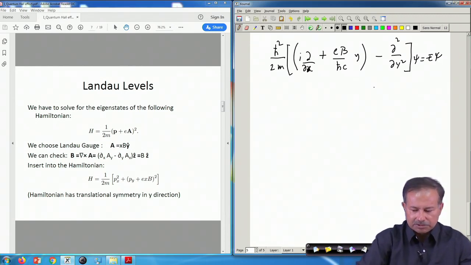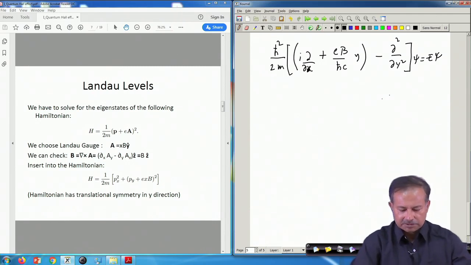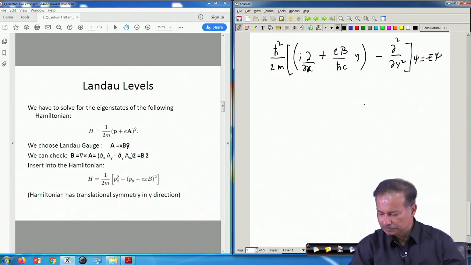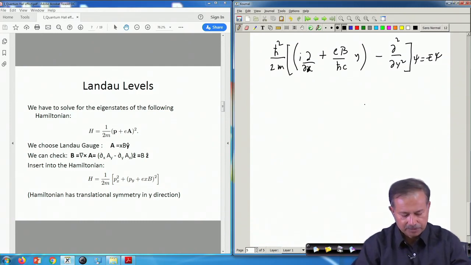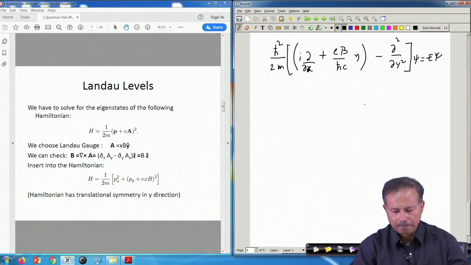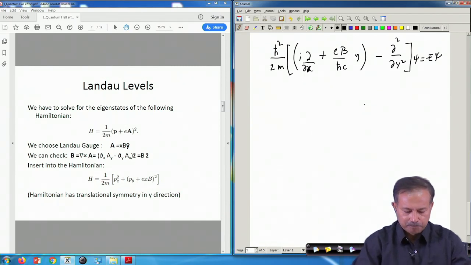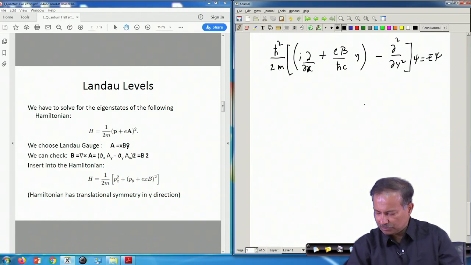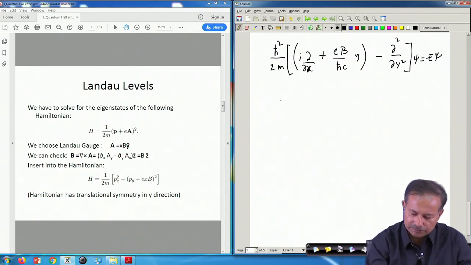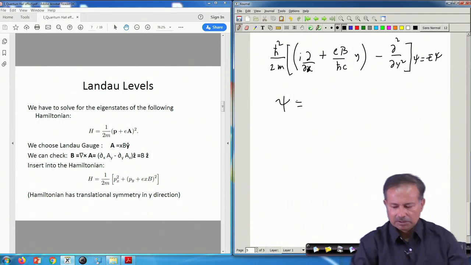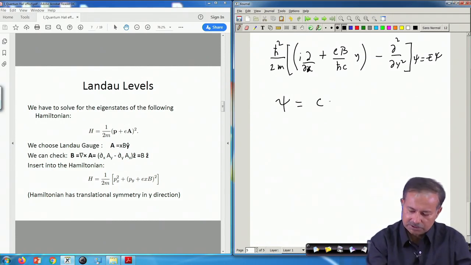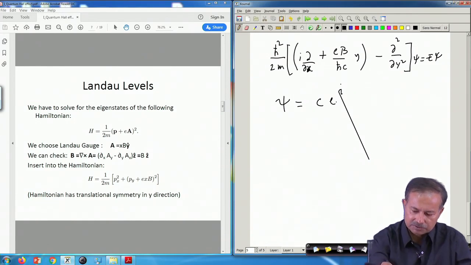For example, remember the Hamiltonian, as this says, in our case the Hamiltonian has translation symmetry in the x direction. So, if this is the Hamiltonian, then you can choose a wave function. A trial choice is not difficult to make. It is some constant